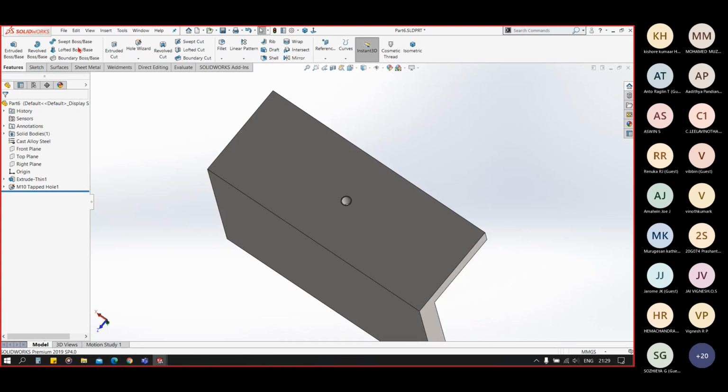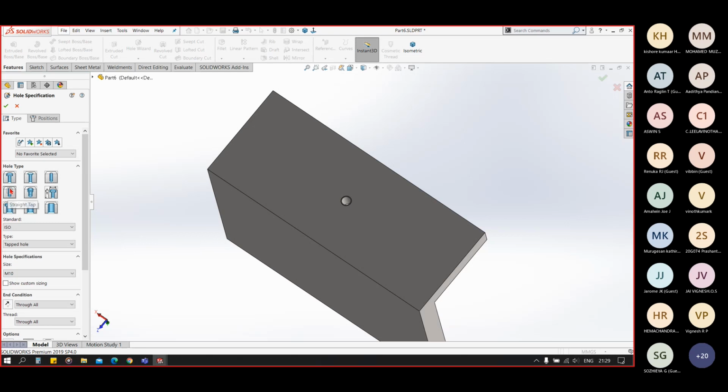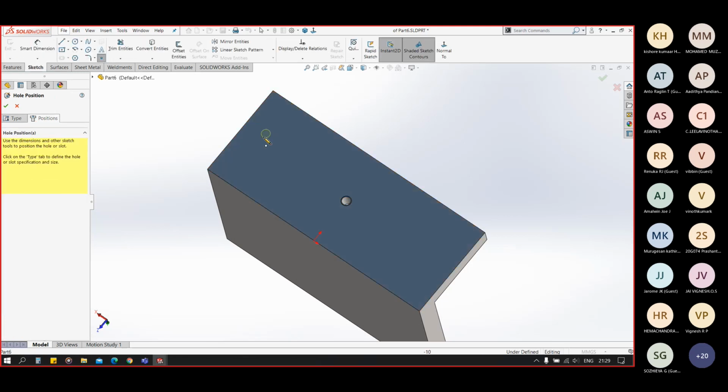Now I am creating again a tap hole, one tap hole and one clearance hole. Okay, so for the counter bore, let's create a tap hole again.